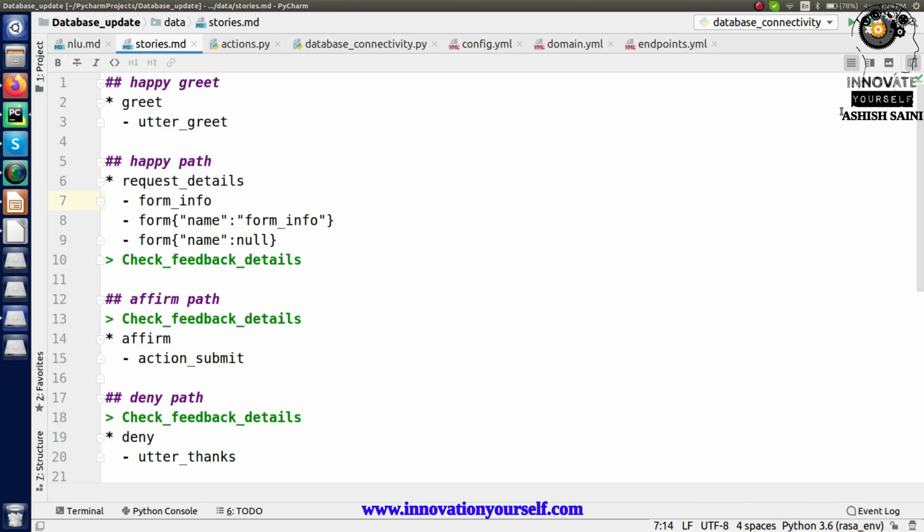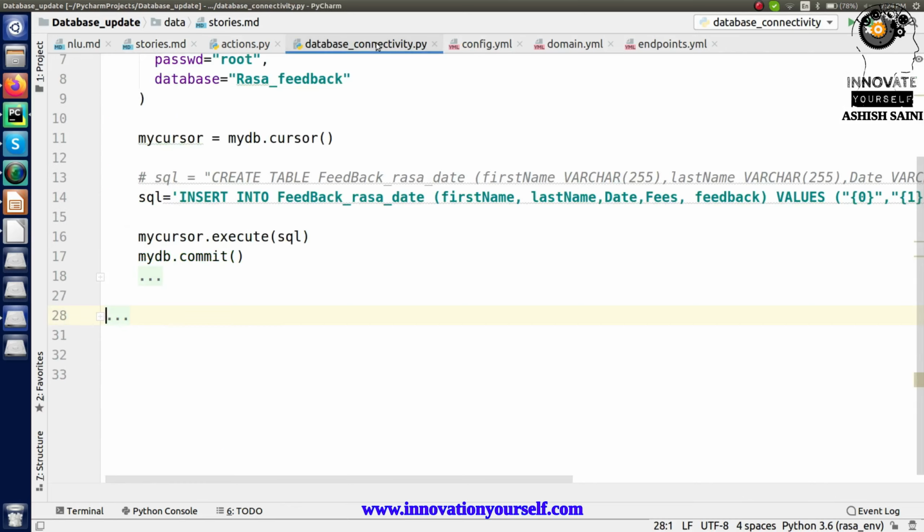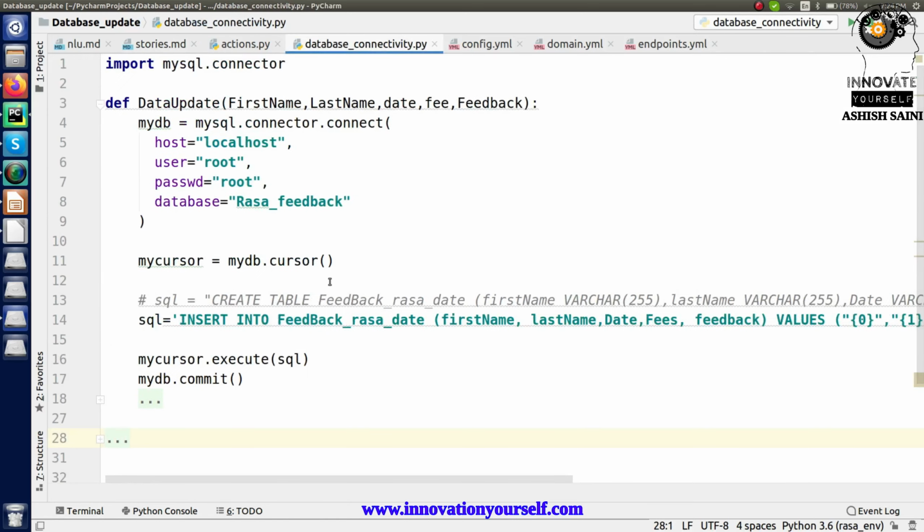Here you can see this is one of the projects which we have already done, and in that we have already made this data connectivity, which is a MySQL database. So this we have already done. If you're not aware of that part and haven't gone through it, then don't worry, I will give you the link, so you can go to that link in case you want to know that part as well.